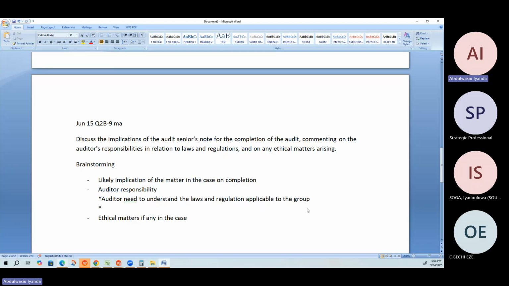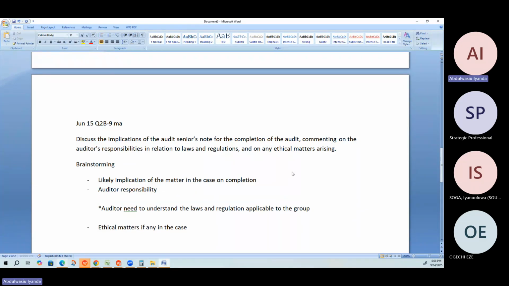It's likely going to breach the regulation. So I can say that storage, at least this one, can even be the opening paragraph. If I want to write now, I can start by saying that storage of